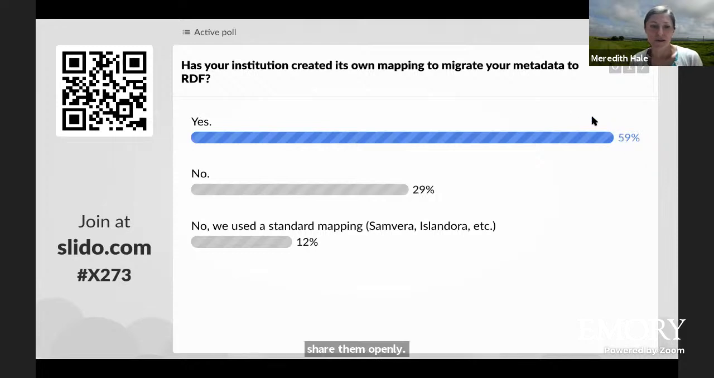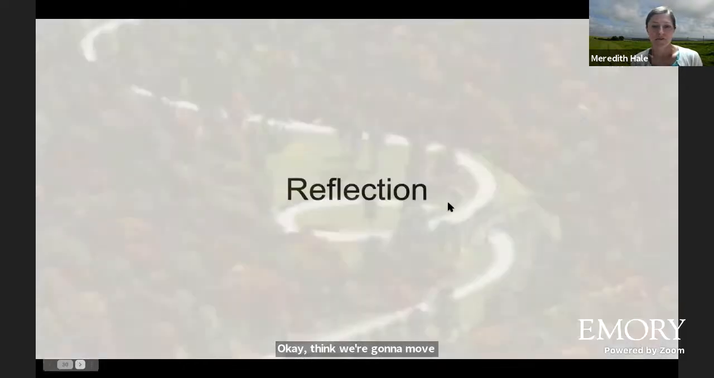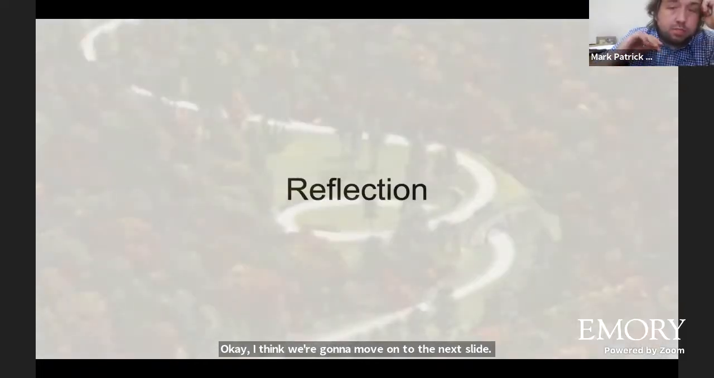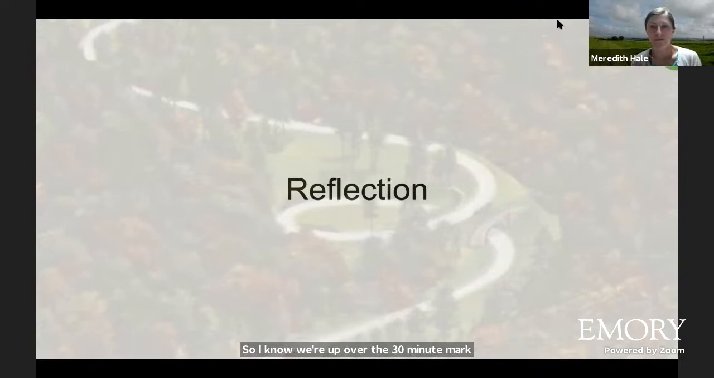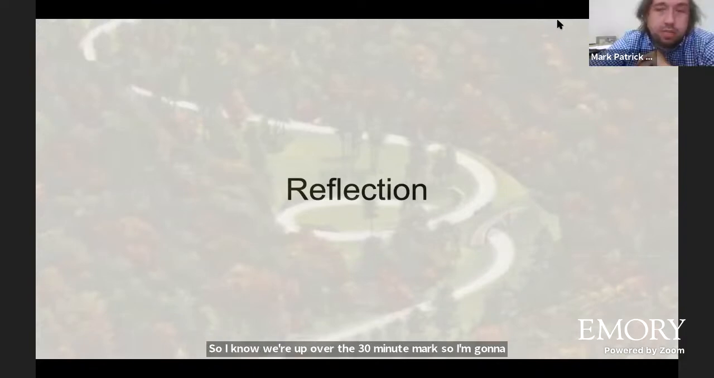Okay, I think we're gonna move on to the next slide. So I know we're at over the 30-minute mark, so I'm going to try to go lightning fast here, but really I think this is the most important part. So some of the things here that I want to say, and issues maybe with our mapping,